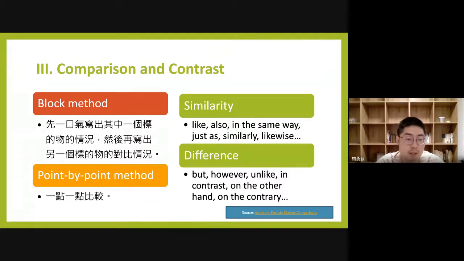OK，就是你讲完一个之后再去讲另外一个。那你在讲另外一个的时候，你可能就开始会去跟前面那个开始去做比较。